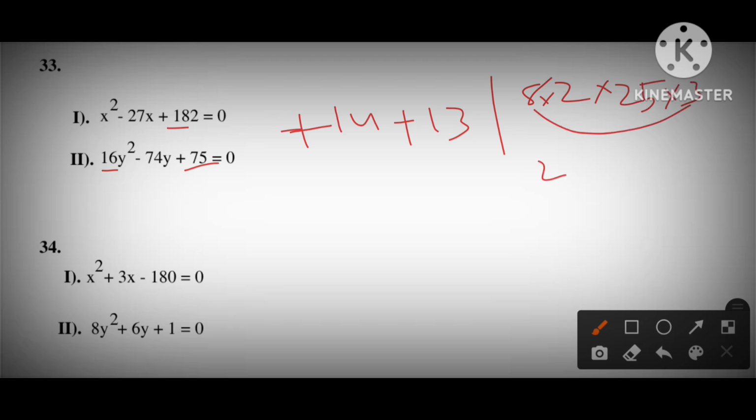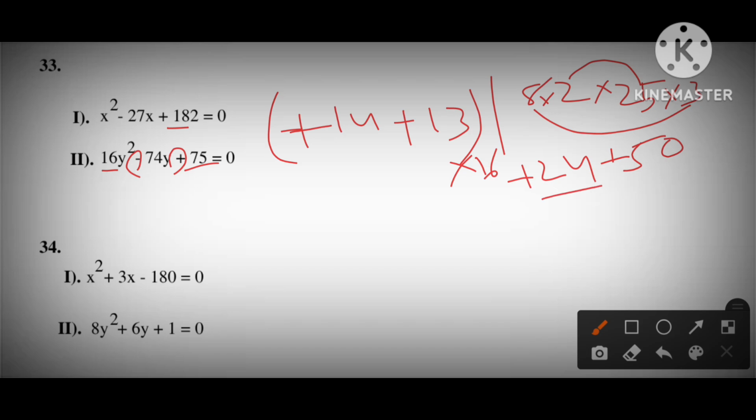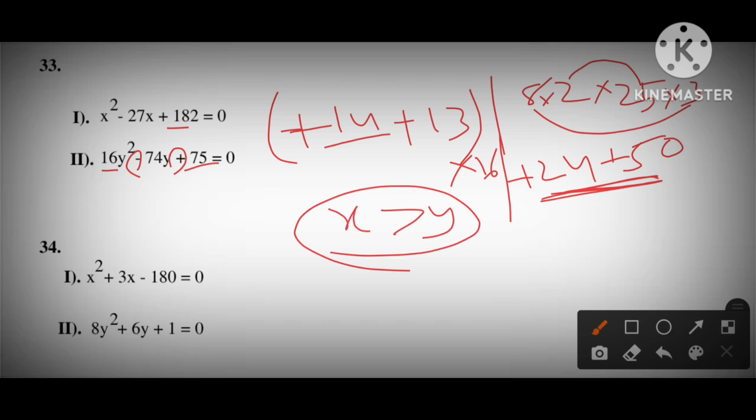8 3 times 24 and 5 25 2 times will be 50. Sum of these two we get the value of 24. So minus and plus means both the roots are in positive. So both the roots are in positive. Bases are not equal, so we need to multiply this with 16. So 16 13 times, which will be more than these two numbers, and 16 14 times, which will be more than these two numbers in y roots. So it is clear that x is greater than y.